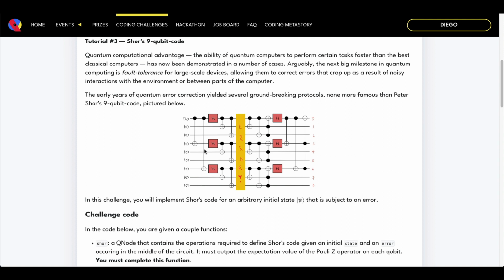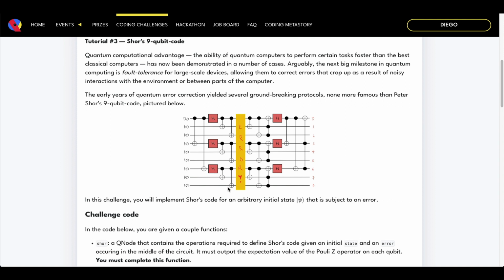And the circuit is actually just given to us. So in this problem, all we need to do is just code these gates. I am not going to go over the specifics of how the circuit works. If you're interested in that, let me know and I can share a link to a good resource on this. But I think it's still worth going over how to put the gates into the circuit